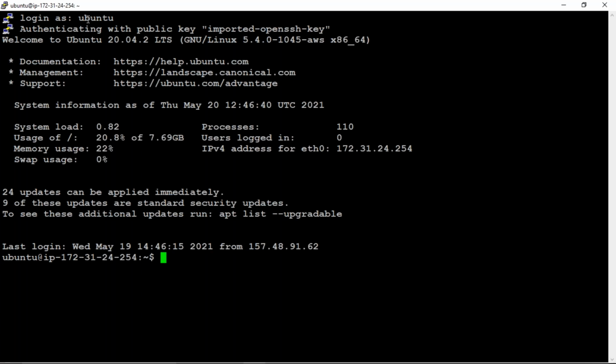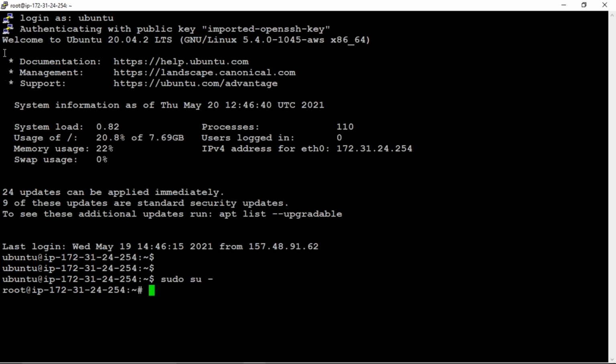Now we need to change to the root mode as well. How to change to the root mode? sudo space su space hyphen. If you give that command, you are switched to root user. I'm just clearing the screen here.